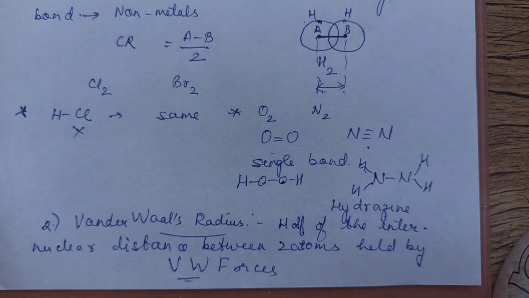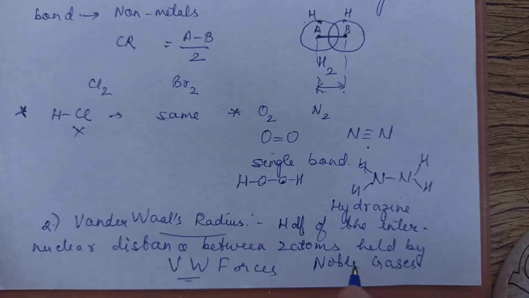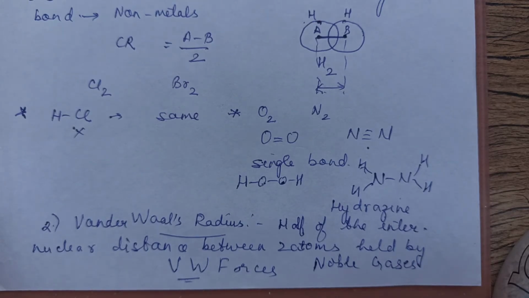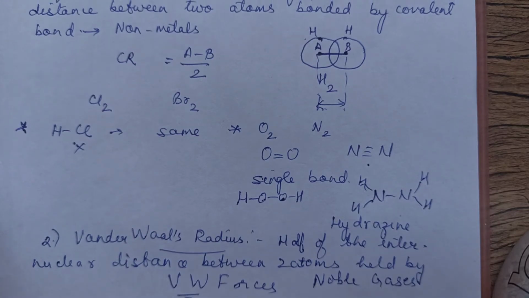As we said, covalent radius is between two non-metals. Now where is Van der Waals radius? One place it is present is in noble gases. All noble gas atoms are monoatomic. Between the atoms of noble gases the force of attraction is very, very weak, and Van der Waals radius is said to be larger than the expected one. Why? We will consider that. Let me draw the figure next. Please pause in between and make notes of whatever we are discussing.